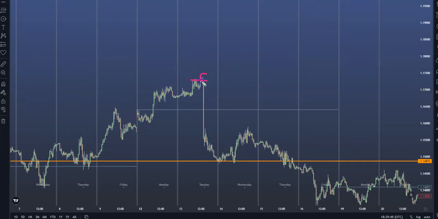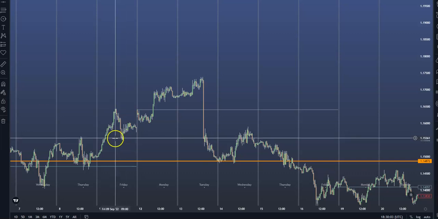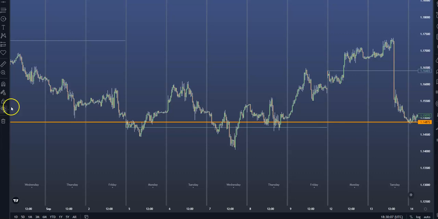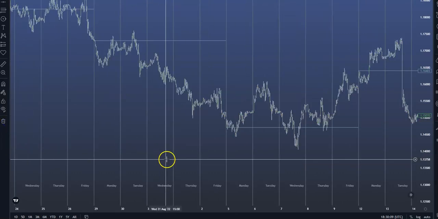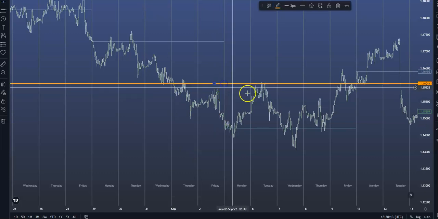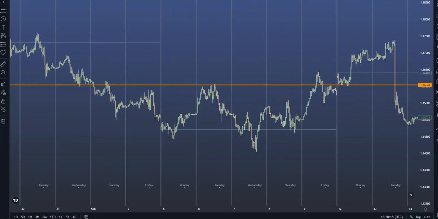If you were able to call this move, I would highly recommend not trying to catch these moves with spreads, slippage and everything else. But you know the stats that 83% of the time it's going to come back here, and 63% of the time it's going to happen on a Tuesday. So here's another one, opening price. Let's just have a look at another example here. I'm just using basic support and resistance here so everyone understands.